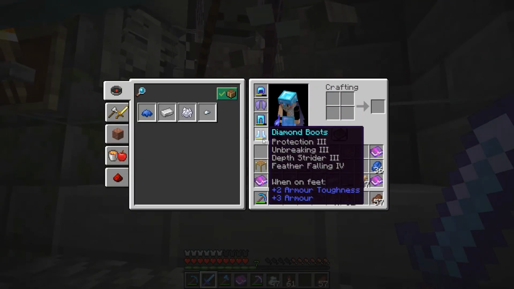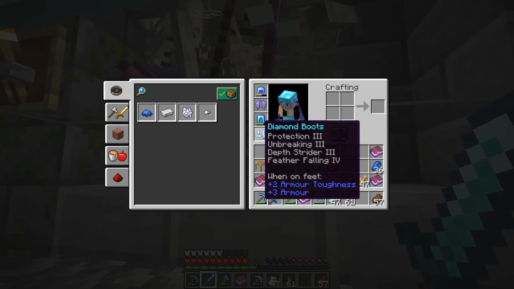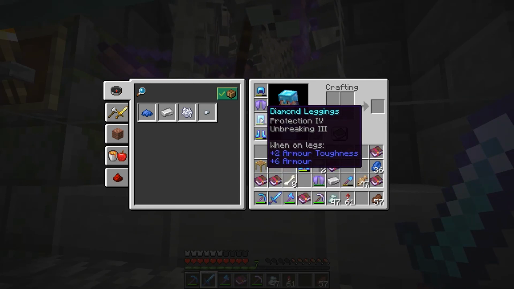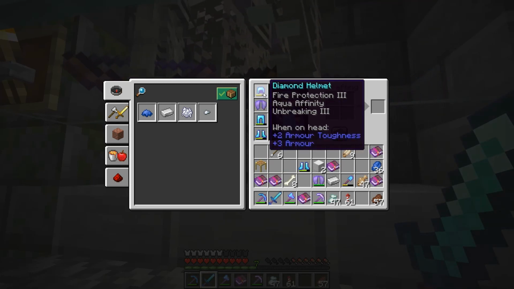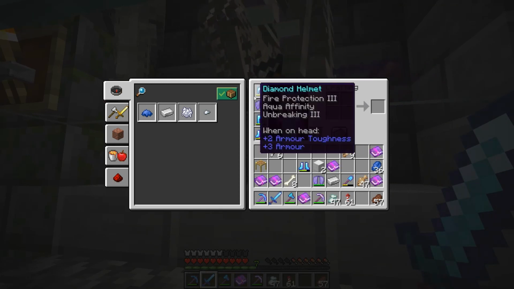my items. My armor, for example, we've got protection, unbreaking, depth strider and feather falling on our boots. We've got protection and unbreaking on our leggings. The elytra is the same, and our diamond helmet, we've got fire protection, aqua affinity and unbreaking. I can't find a respiration book, which is a bit annoying, so I'm going to have to try and find